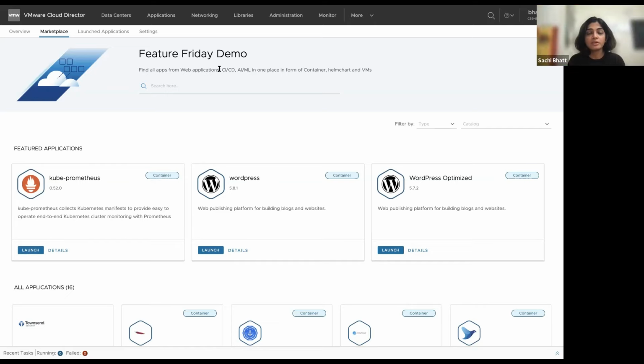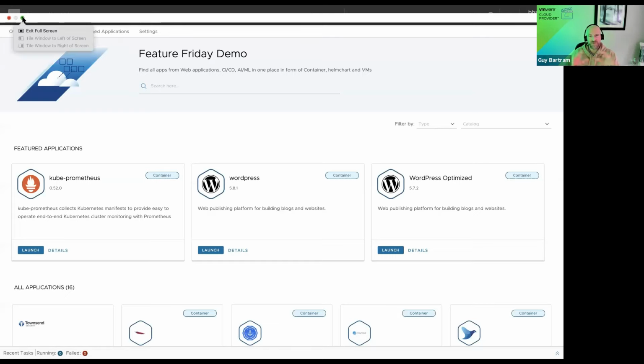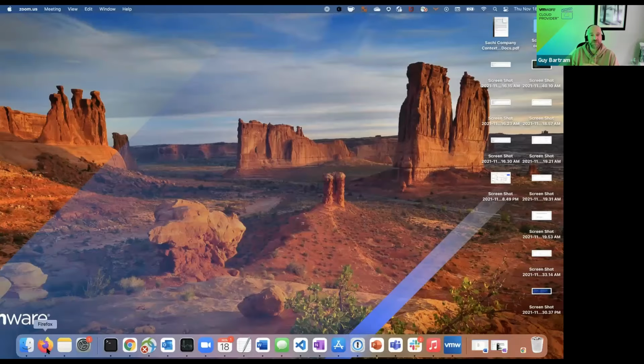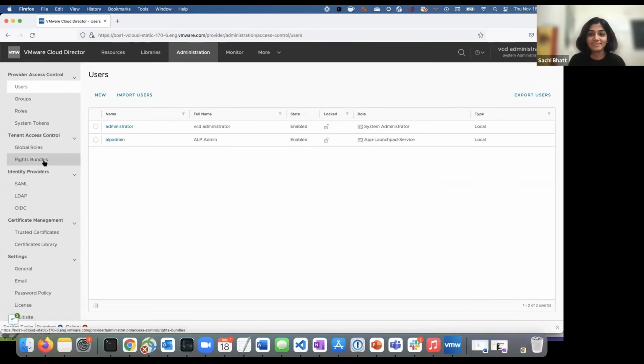The other value add is that providers can select to publish this capability to tenant organizations. So if they would like to monetize on customizing the App Launchpad portal, they have an option to do it. So they've got two options really. A provider could customize their own instance of marketplace globally, so all tenants see the same thing, or they could provide that to tenants so they could do their own customization. That's really cool. Yeah. Really nice and easy to see as well and use like that.